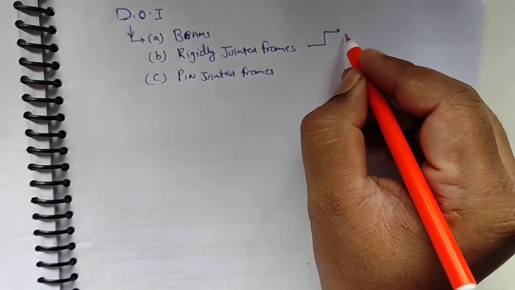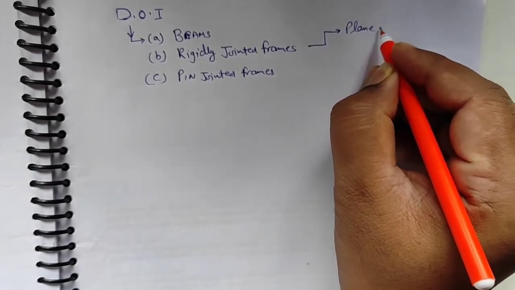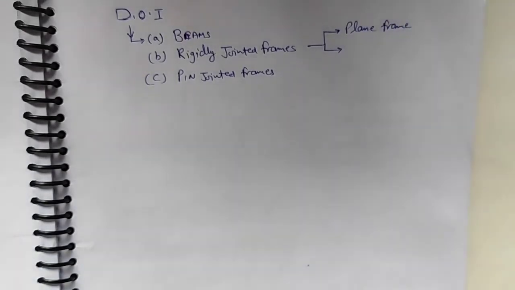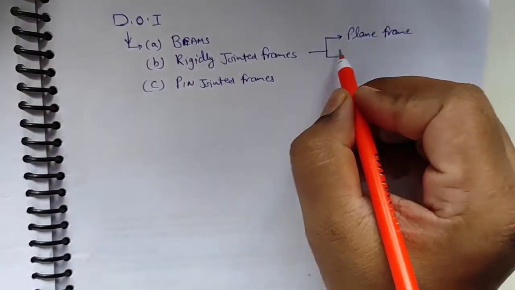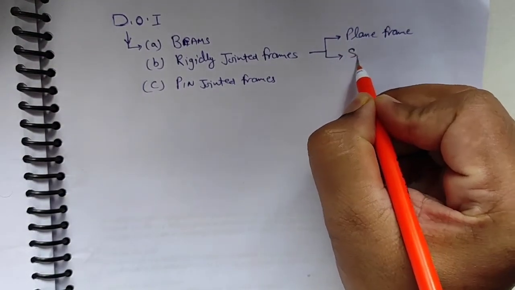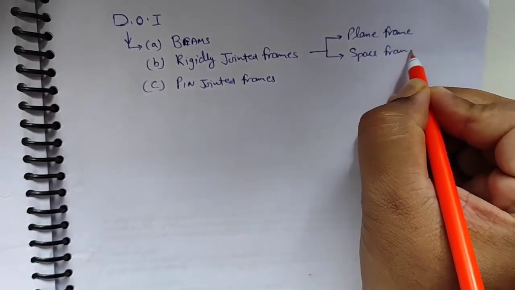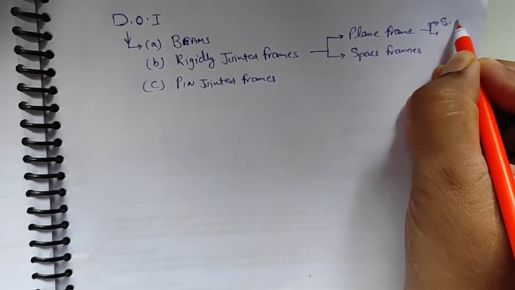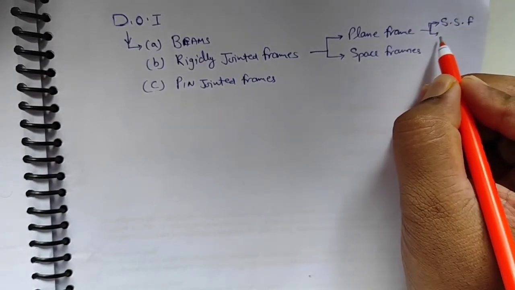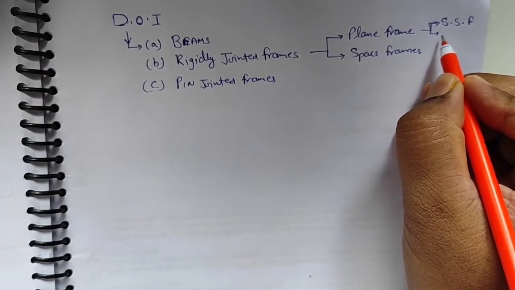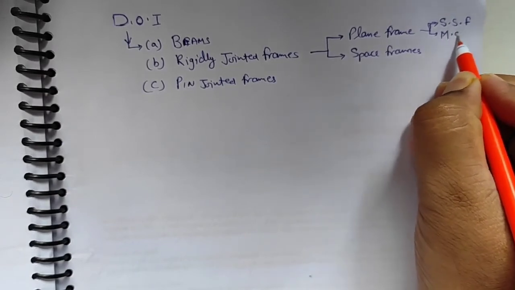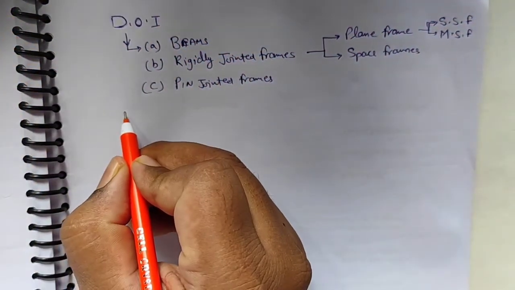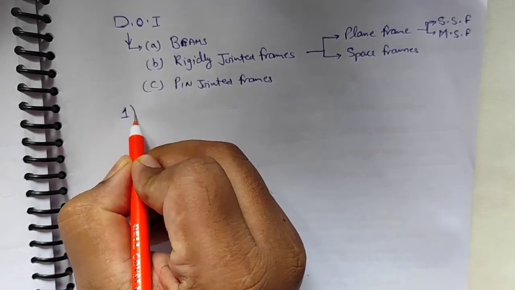Rigid jointed frames are further divided into plane frames and space frames. In plane frames, we'll deal with single storied frames, and in the second we'll deal with multi-storied frames. Before we start this topic, as we have previously studied, a revision of the support